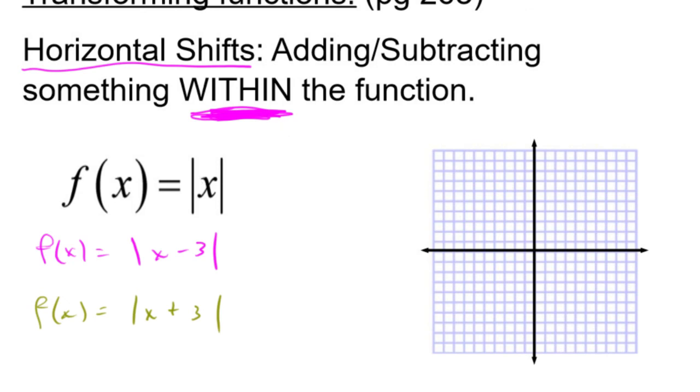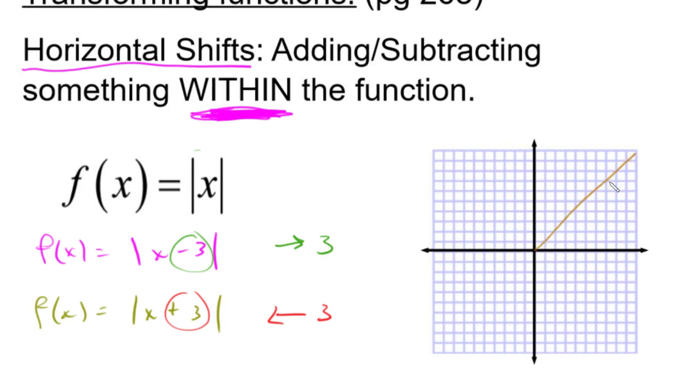If you were to use a table of values, I would just recommend you trust me, or you can stop it and verify. But if you use a table of values to check this, a minus 3 inside here will move your graph, your absolute value parent function, to the right by 3 units. If you add 3 inside the thing that makes it special, the absolute value in this case, it moves it left by 3. So instead of your v being right here, instead of your v looking like this,